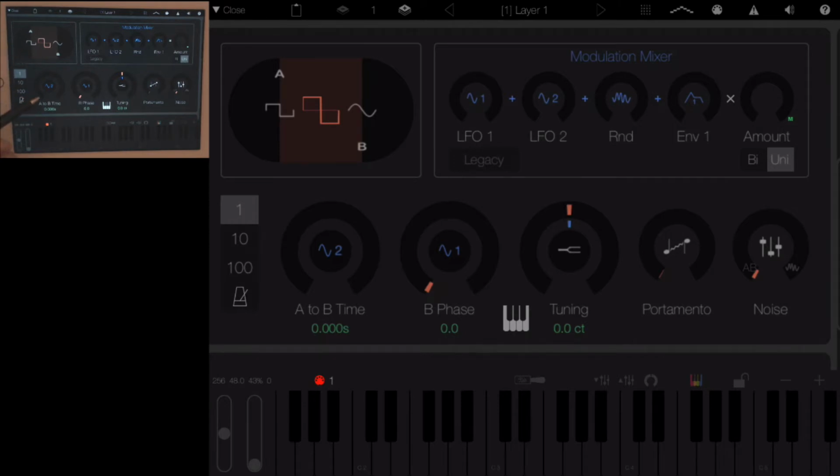So you can do that automatically as well by setting up an envelope time, A to B time here, and telling it how fast you want it to travel towards B. So this is going to take 1 second. A travels towards B. That's the same as doing it manually,